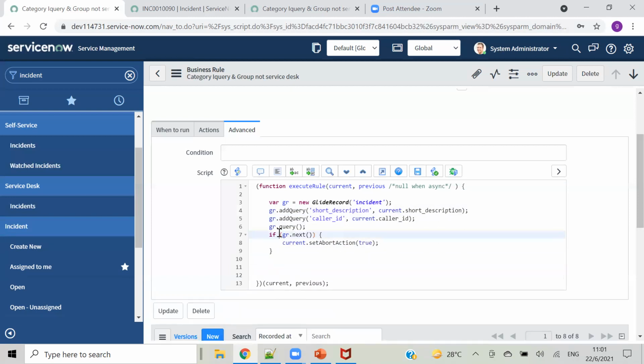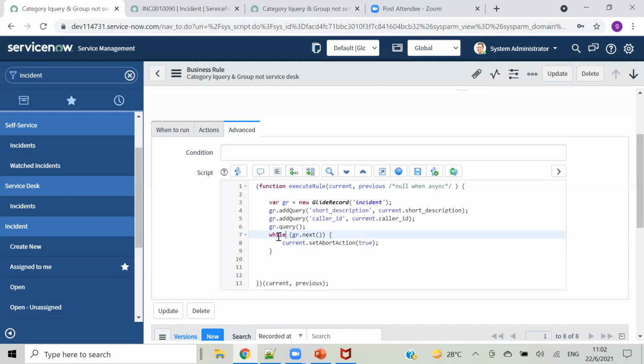You can ask me a question: if even one record matches, it will go in the if. What if we have multiple records matching this condition? Then I will write while, while gr.next().